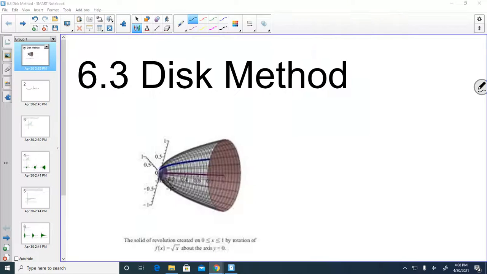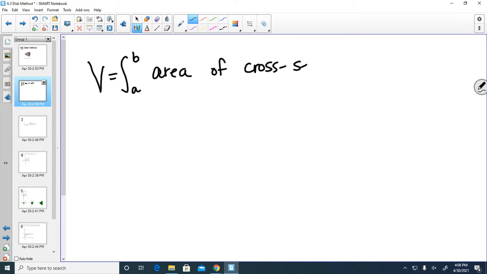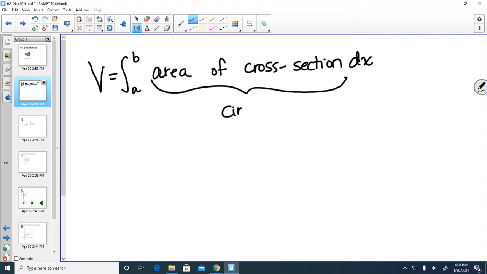And so to find the volume of the solid, we can stick with the basic formula we were using. The volume is going to be the integral from A to B of the area of the cross section dx. The only difference is with the disk method, the cross sections are all circles. And that's why it's called the disk method, because all the cross sections look like circular